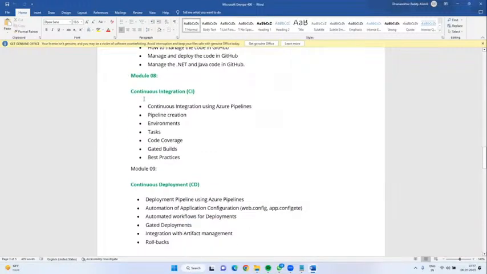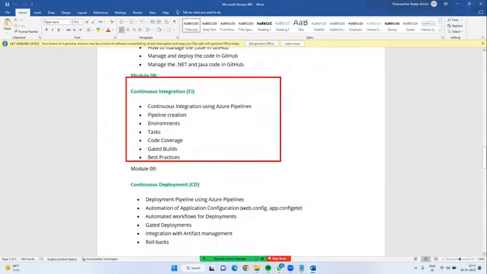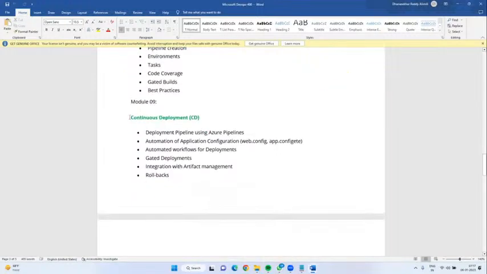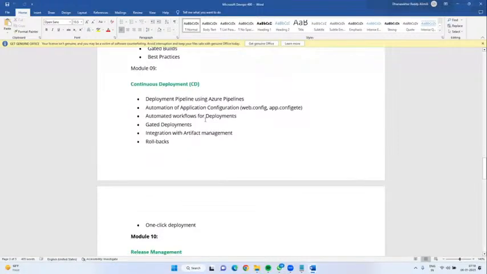Okay, module 8, CI. CI in the sense of continuous integration. We call this the build pipeline. Please remember, these are all important words which we will discuss in the DevOps sessions. Build pipeline. Next, continuous deployment. This is the release pipeline. In the release pipeline, assume that you are the manager. Before deploying the application into production, once the manager provides approval, then it goes into the production environment.